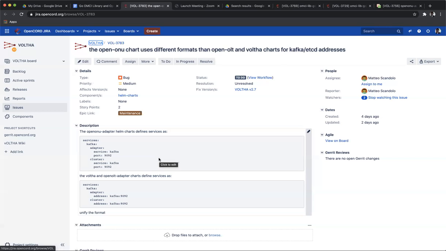The strange thing is when I switch locally to release 2.6 with the kind Volta repo, then it works for me. I don't know what is different in Jenkins. It does work for me too. There's a couple of things in Jenkins, the registry. There's a couple of other things that change.